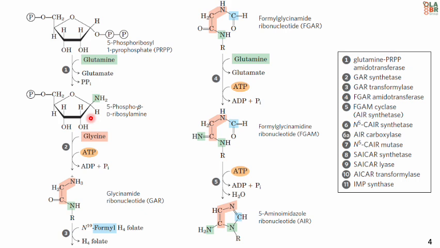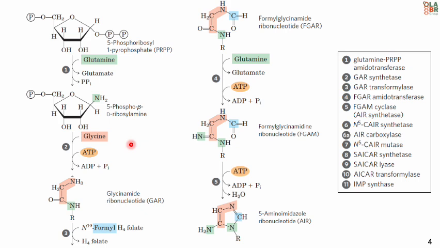So from here, the purine ring is subsequently built upon this structure right here. So this is the foundation of the ring. So the pathway described here is identical in all organisms, like I said before, with the exception of actually one step, which is step 6, that differs in higher eukaryotes. But we'll get to that on the other slide a little bit later when we actually hit that part of the pathway.